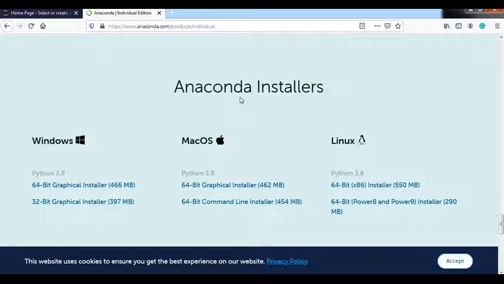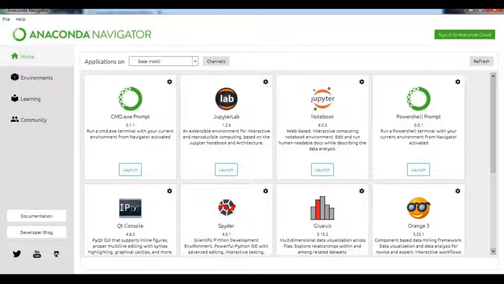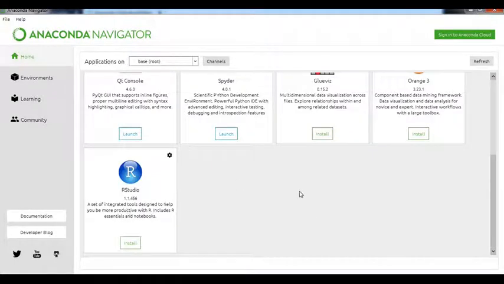As I already have Anaconda on my machine, let me show you how it looks. So this is the interface of Anaconda. Below every app you have a launch button. I am using Jupyter Lab or Jupyter Notebook here. Rather than getting confused with this whole set of applications, you can read up the details. With every application, you will find the details mentioned here, whether it is useful for web applications, for GUI interfaces, or for research purposes. You have RStudio also here.